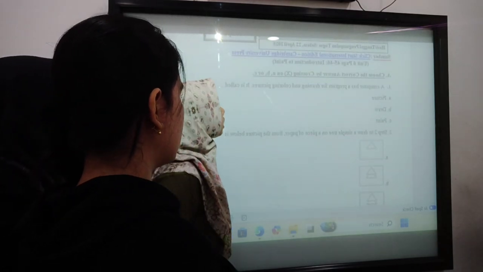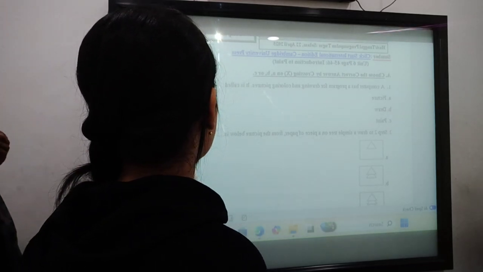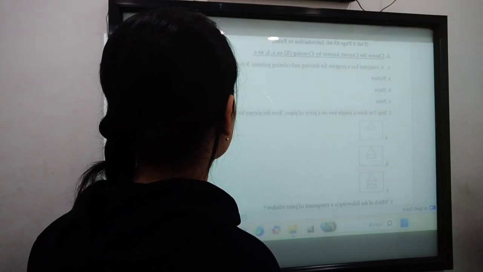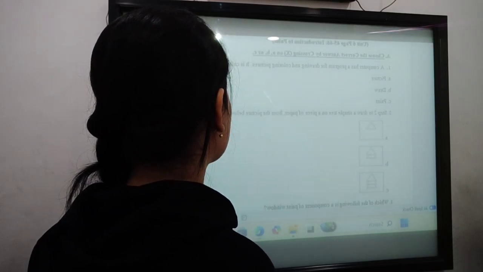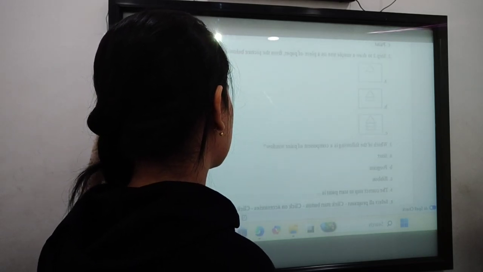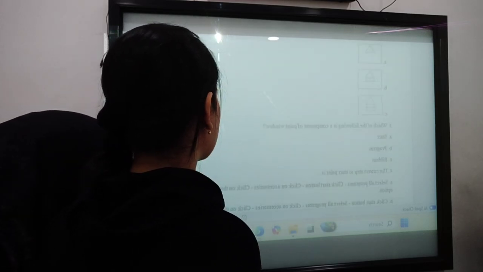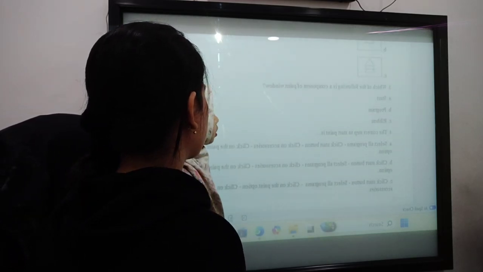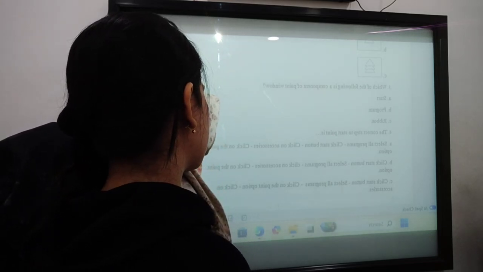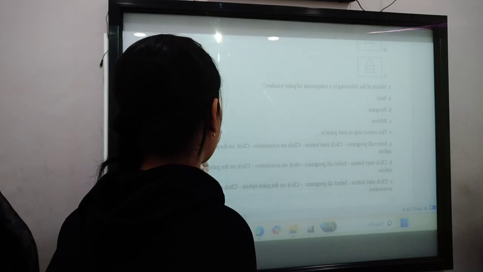Yes. Number 1, a computer has a program for drawing and coloring pictures, and it's called Paint. Number 2, step 2 to draw a simple tree on a piece of paper from the picture below is B. Which of the following is a component of the Paint window? The answer is C, ribbon. And then the correct step to start Paint is B, click start button, select in program. B, click on accessories, click on the Paint options.